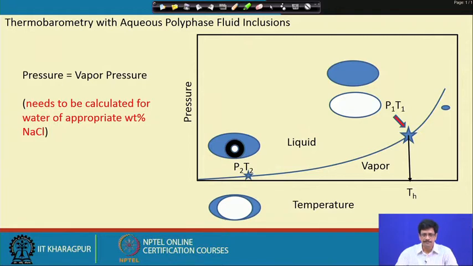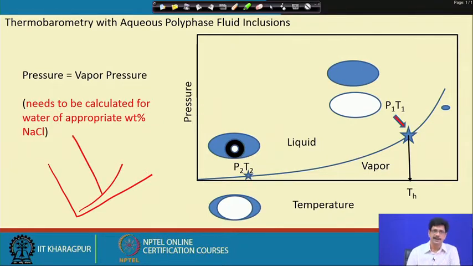In case of the aqueous liquid inclusions, we discussed that once we have an isochore, if we have an independent estimate of pressure, we can get the temperature of formation, which you know as the temperature of trapping, and which sometimes can be done in situations where there is some independent barometry.